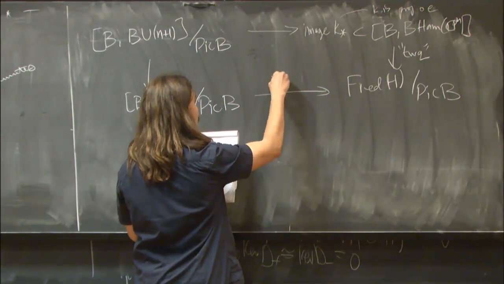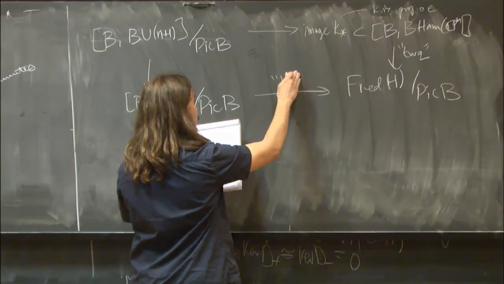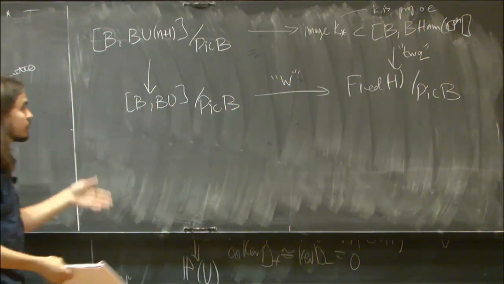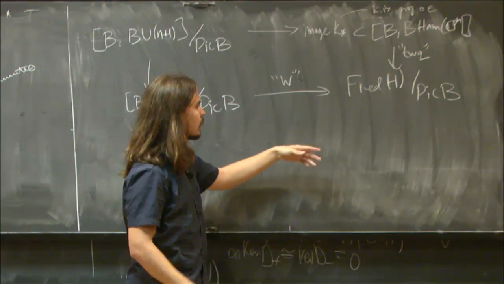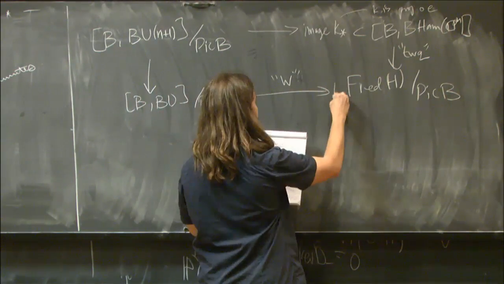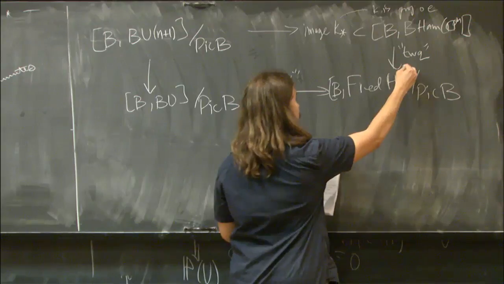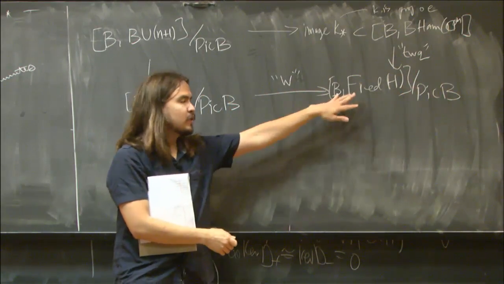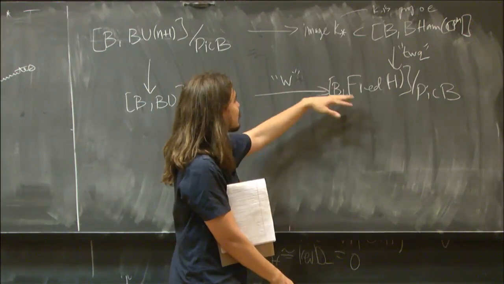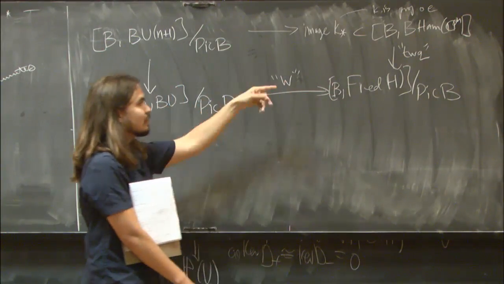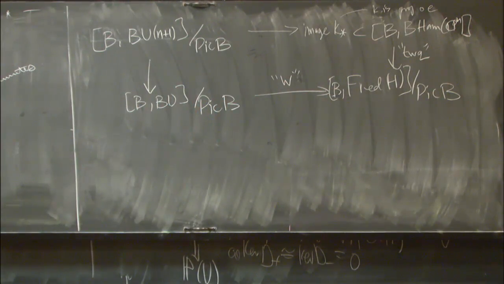This somehow comes from W, and that's roughly it. Okay, so this is an isomorphism. Wait, sorry, B. So when B is compact, everything is an isomorphism,